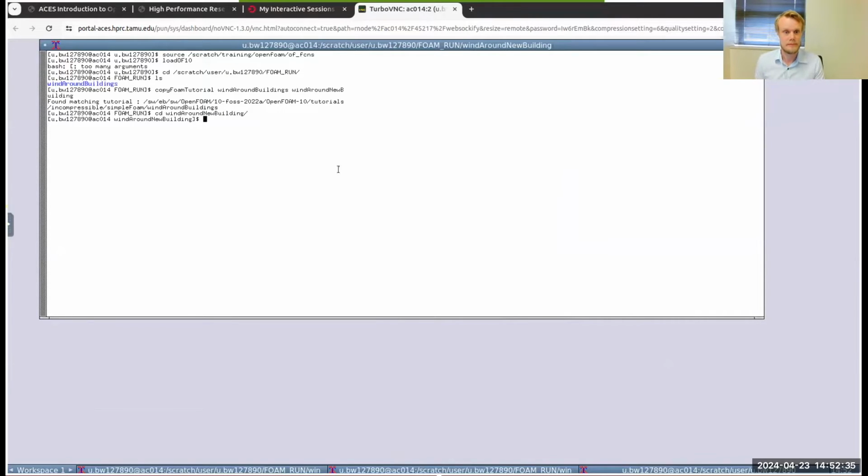Okay, so we still have the same structure of files that we had, but what we wanted to do is add a new building. As we saw, the geometry was controlled in the snappyHexMeshDict. So we're going to open that. NEdit is